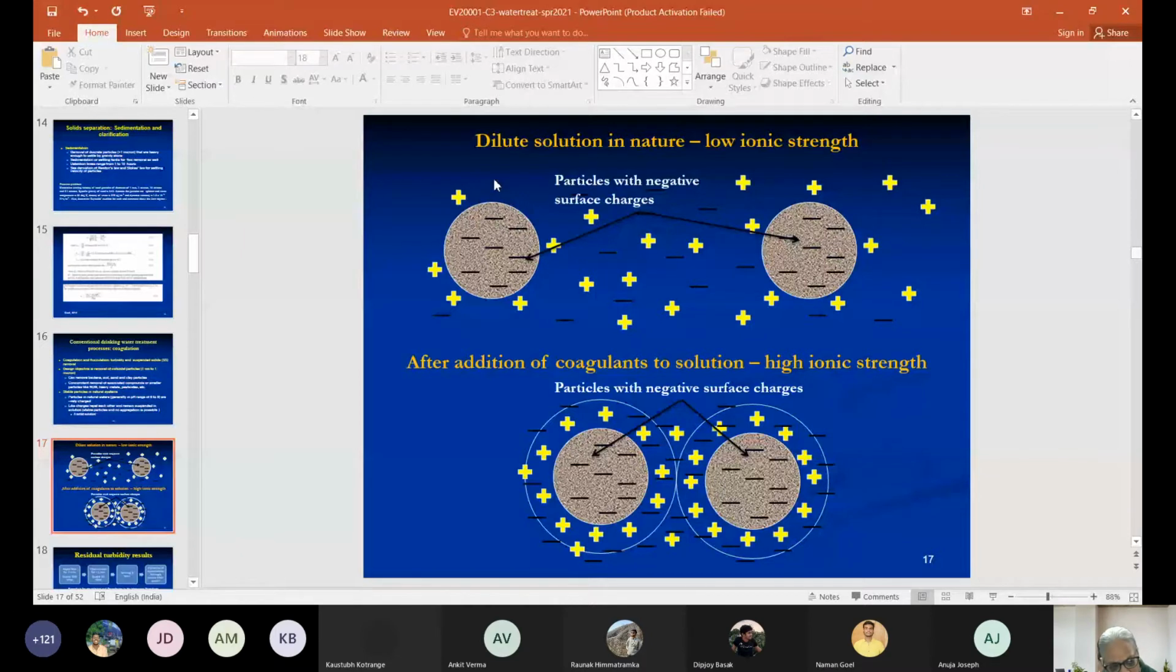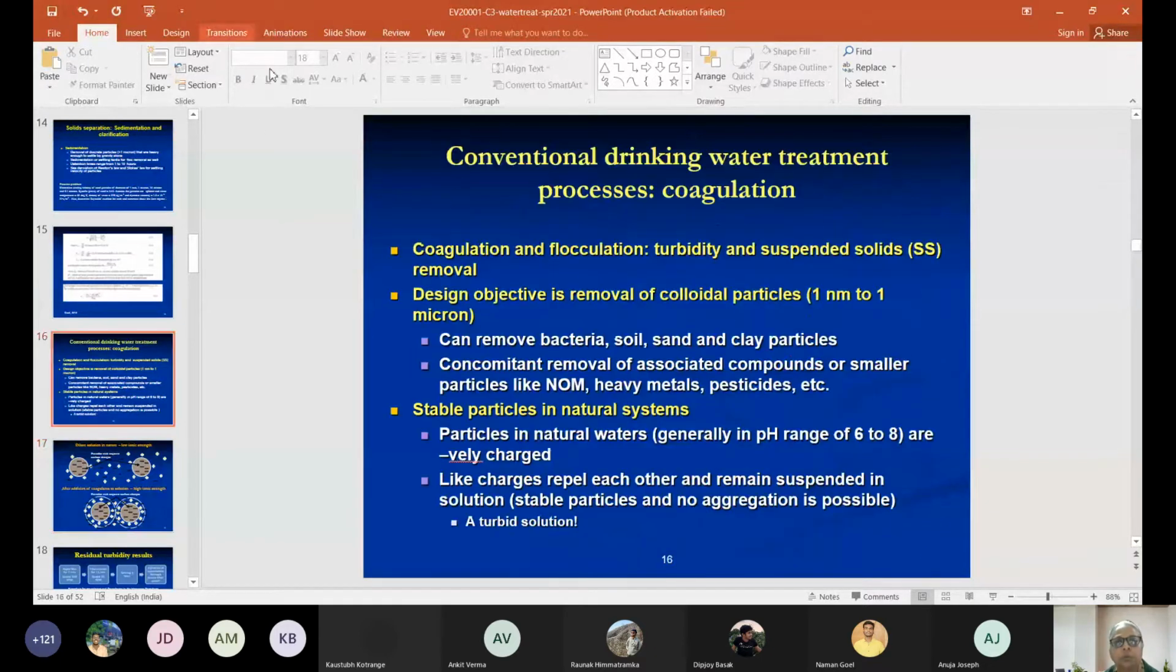Now, if every particle in the water is negatively charged, but the water itself is electroneutral, right? So you will get repulsion. So you will get electrostatic repulsion. These particles, because of their negative charges, will never come close together. And because they are so small and there are positive charges around them, first thing is they won't come close together, and two, they are so small in size, they will not settle by gravity. So you have